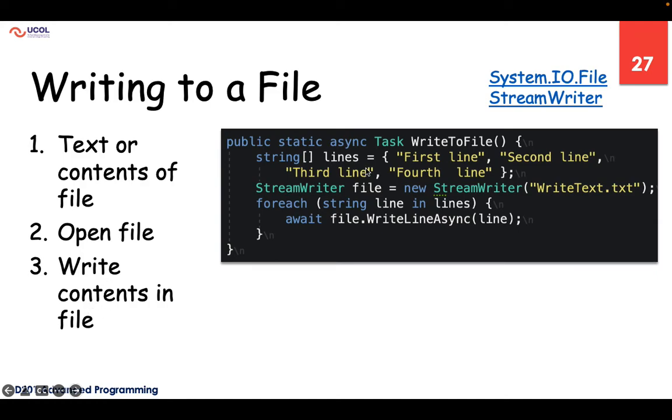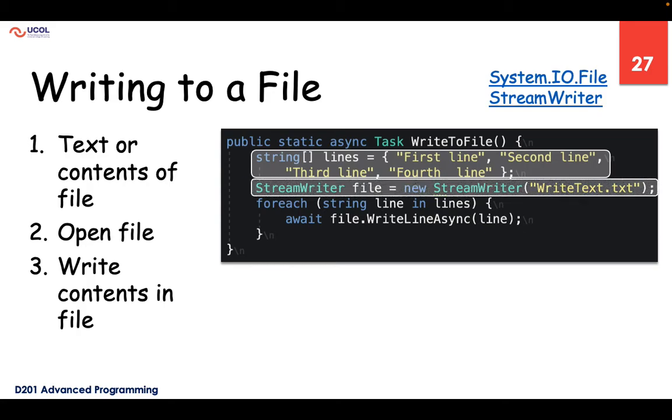So if we look into that, first of all, we are creating the text that we want to write in the file, and then we are opening a StreamWriter. StreamWriter is the simplest way to do things. Actually, what is happening in the background is that the StreamWriter opens a file with the name write text.txt, of course in the current working directory, where you are, and then for every string present in this lines string array,